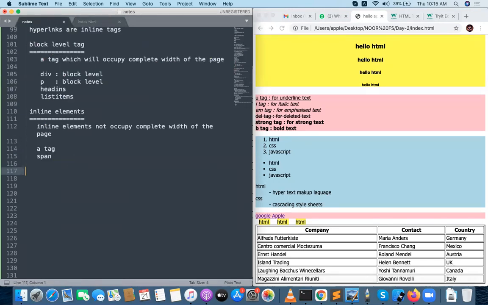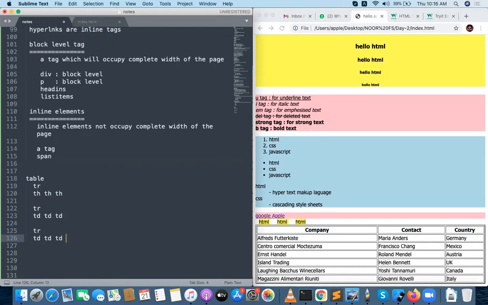Let me tell you. For example, this is the table, and the table has a table row. The table row has th, th, th. Then tr containing td, td, td, and again one more tr containing td, td, td.